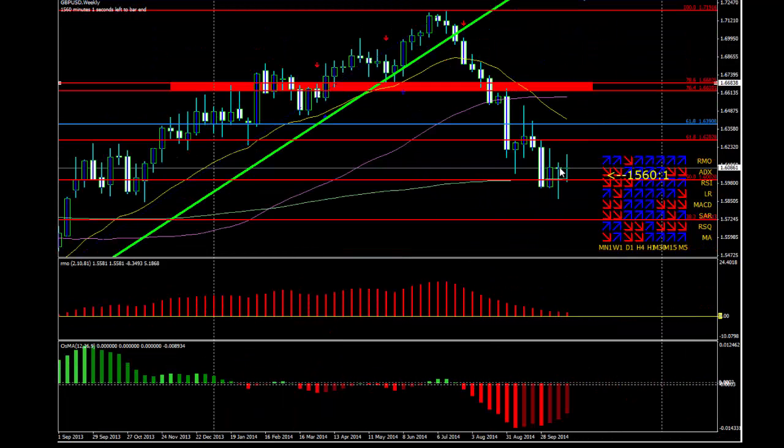Okay, but remember, price is still above that level. So the longer price actually finds support above this level, the more likely price is to bounce. Okay, so if we look at the weekly time frame over here, for example, you see a lot of red negativity on the indicator bar, but you'll see the R squared is complementing that negativity because it's blue. In fact, the institution moving average is still below price, which would be blue, and our RMO is still above the zero. So you can see price has been dropping, the RMO has been dropping, but it's still above the